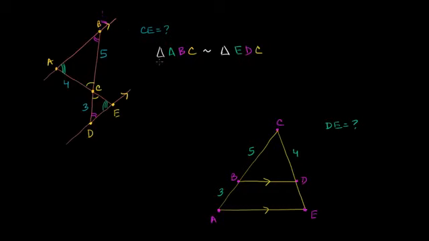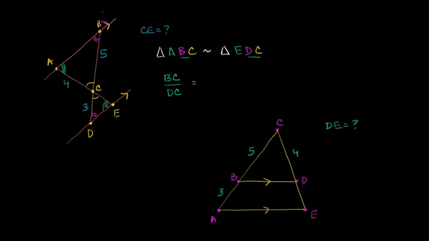Well, that tells us that the ratio of corresponding sides is going to be the same, some constant value. So for example, the corresponding side for BC is going to be DC. We can see it just with the way that we've written down the similarity. If this is true, then BC is the corresponding side to DC. So we know that the length of BC over DC is going to be equal to